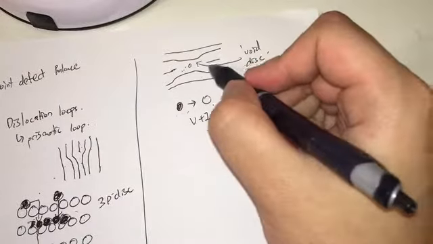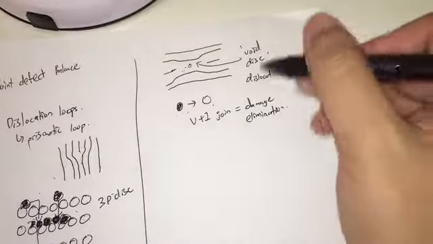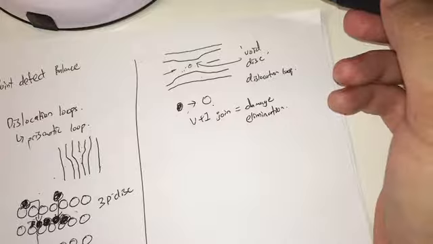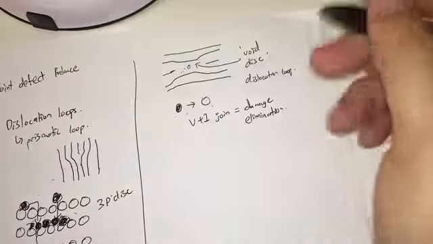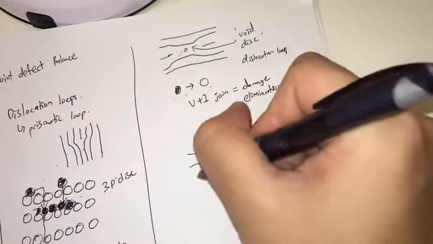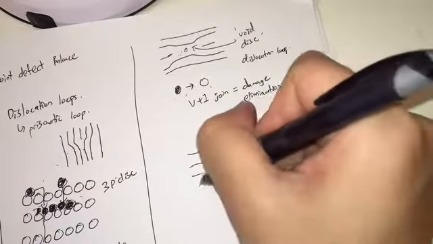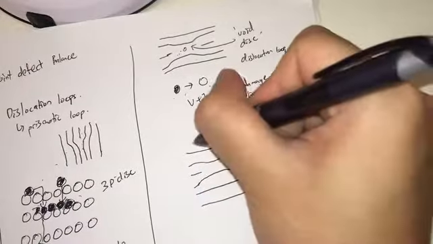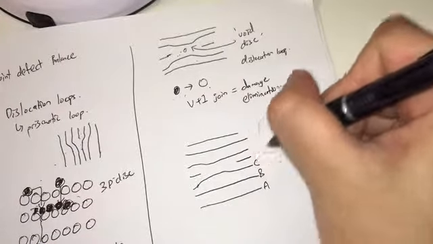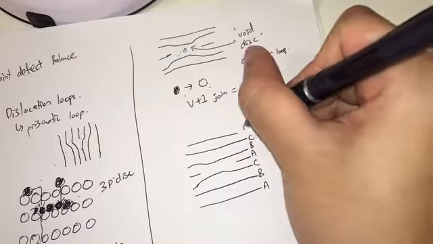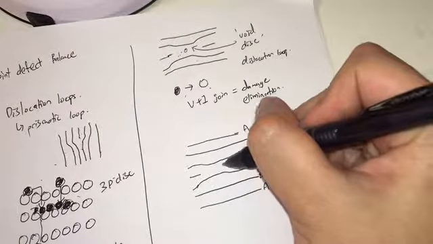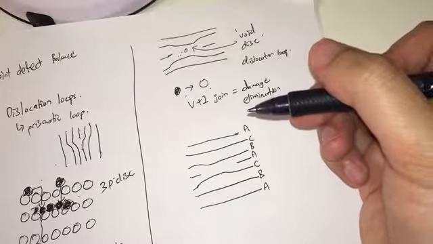Right, so we talked about vacancies forming a void disk, or rather the correct name is dislocation loops. And well, how does it form a stacking fault tetrahedra? Let's say you have this kind of disk, or dislocation loop, sorry. This dislocation loop inside a FCC structure. Okay? So I'm going to label it ABC. A, B, C, A. Okay? So this is one way to think of it. There is some strain here. There's some strain here, and what the FCC